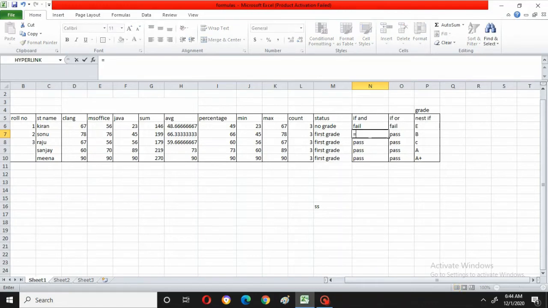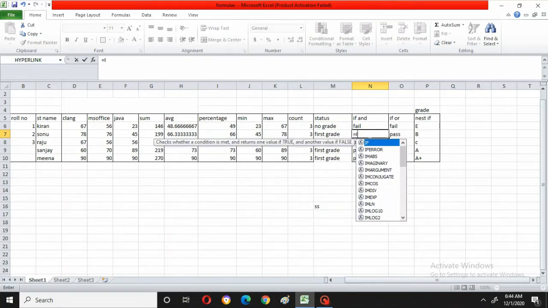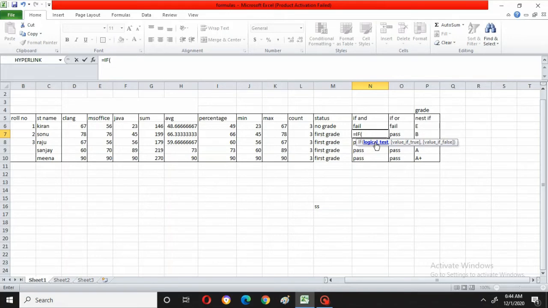Here I will use equal to. Compulsory, before using any formula you have to type equal to, then go for IF. When I have typed I, automatically the IF function is displayed, and I will give a double click on it. When I have given a double click on it, it is asking for a logical test.